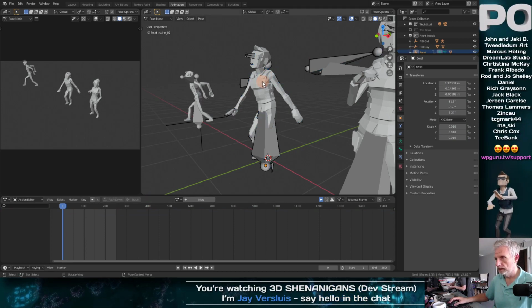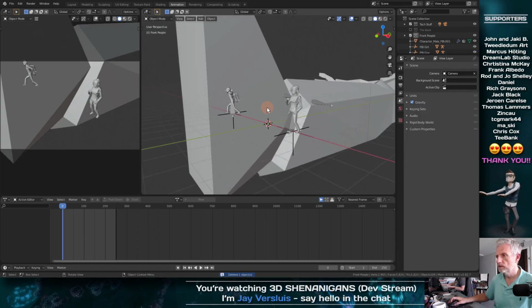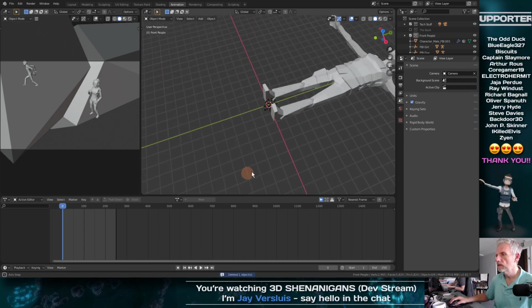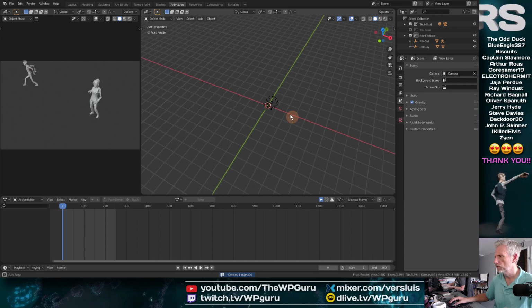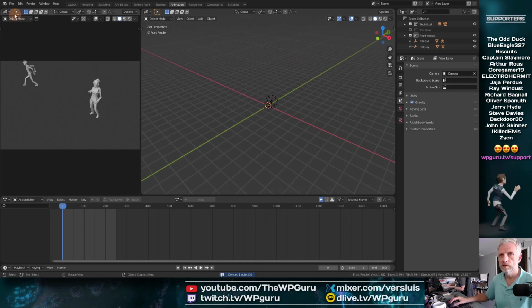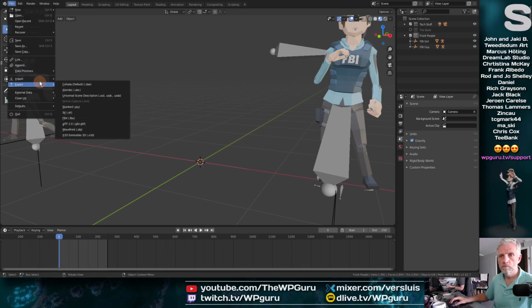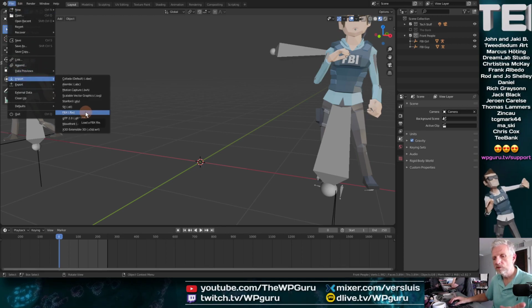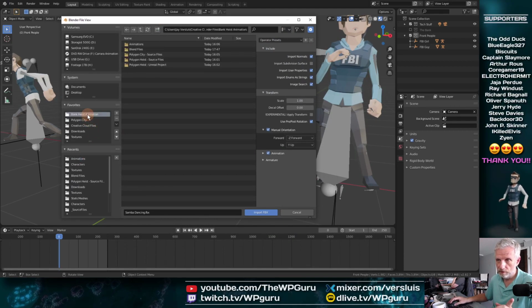Now, fake SWAT guy, he's still in pose mode. Fake SWAT guy can go. Why this happens? I don't know. Blender does funny things. I'm sure there's a perfectly logical explanation for it. So now we need to go and import the actual SWAT guy, which I thought that was, but he wasn't.